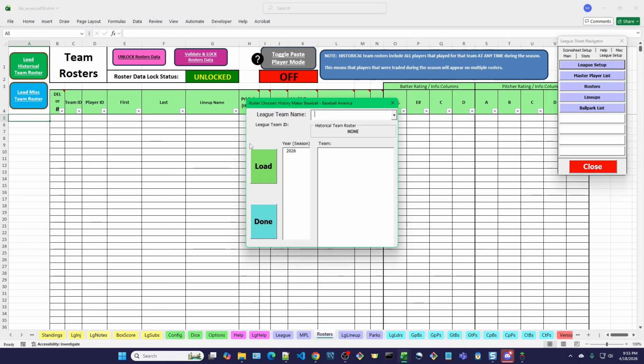You can see here, it pops this up, and this title up here changed. It says Roster Chooser, History Maker Baseball America. So that's what it found when it was looking for those miscellaneous roster files. It only lists 1 year. So if I want to load the roster for my Milwaukee Barrelmen,